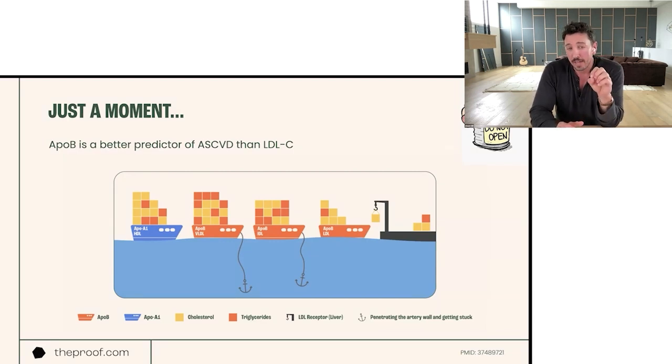Together, these fats, the cholesterol and the triglycerides, and the protein are called lipoproteins. There are 2 different families of proteins. In this image, the blue cargo ship represents one family, and the orange cargo ships represent another family. The blue family is the ApoA1 family, and the orange is the APO B. Now you might see here the anchors coming down from 2 of those APO B cargo ships. What I am symbolizing here is that these orange or APO B